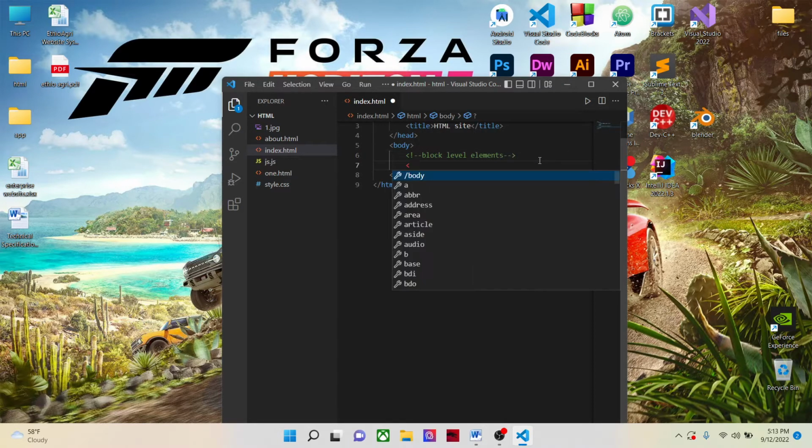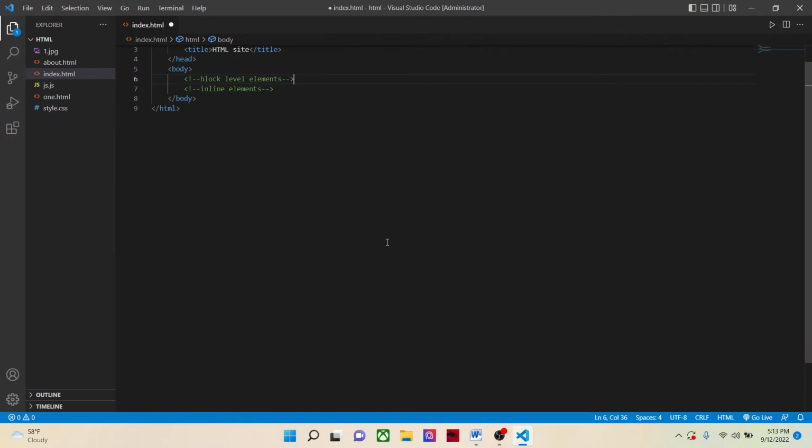and inline elements. Now this is very important. Knowing the difference is important because, especially when working in CSS and styling your elements, you will need to know which element is full width, which element starts in a new line, and which element is in the same line. So for this, I've prepared